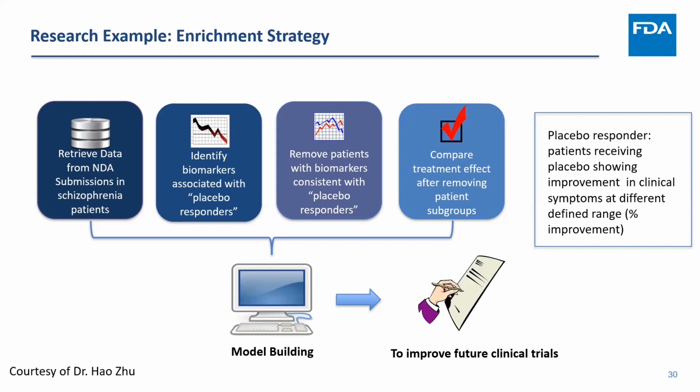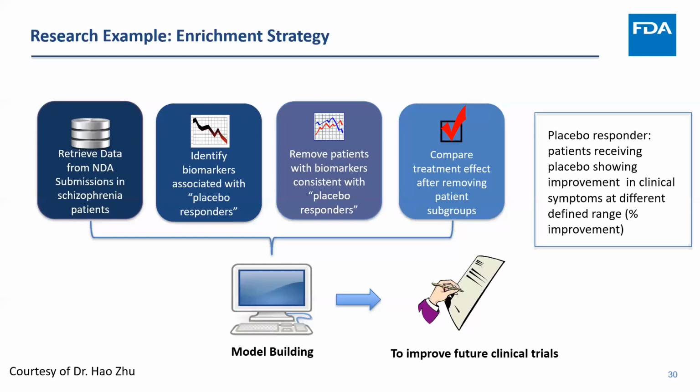The AUC is less than 0.6. So instead, we don't want to identify the individual placebo responder. We want to identify, can we identify a subgroup? Yeah. So the idea here is we build an algorithm. We predict the placebo responder. Of course, it's not good. At the individual level, only 0.6 AUC, but we can